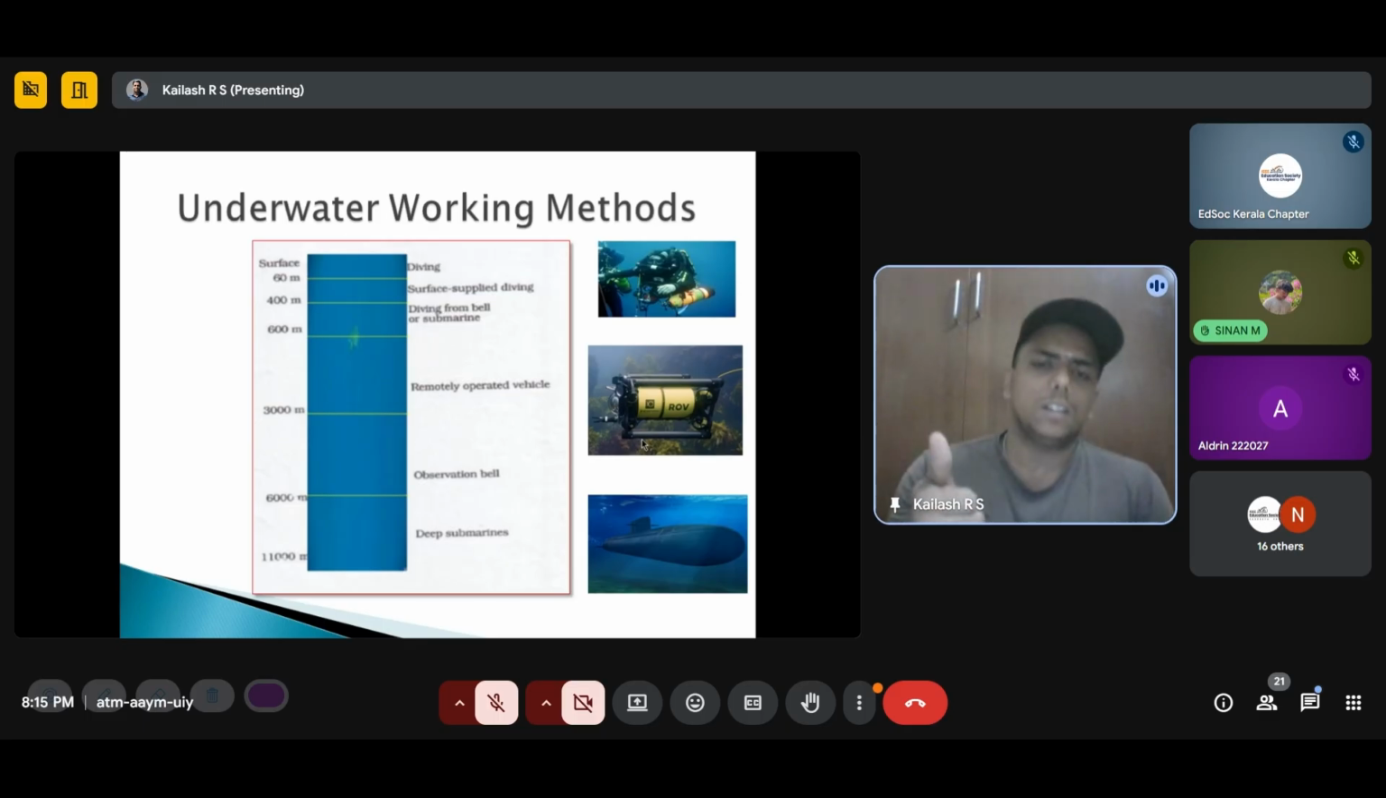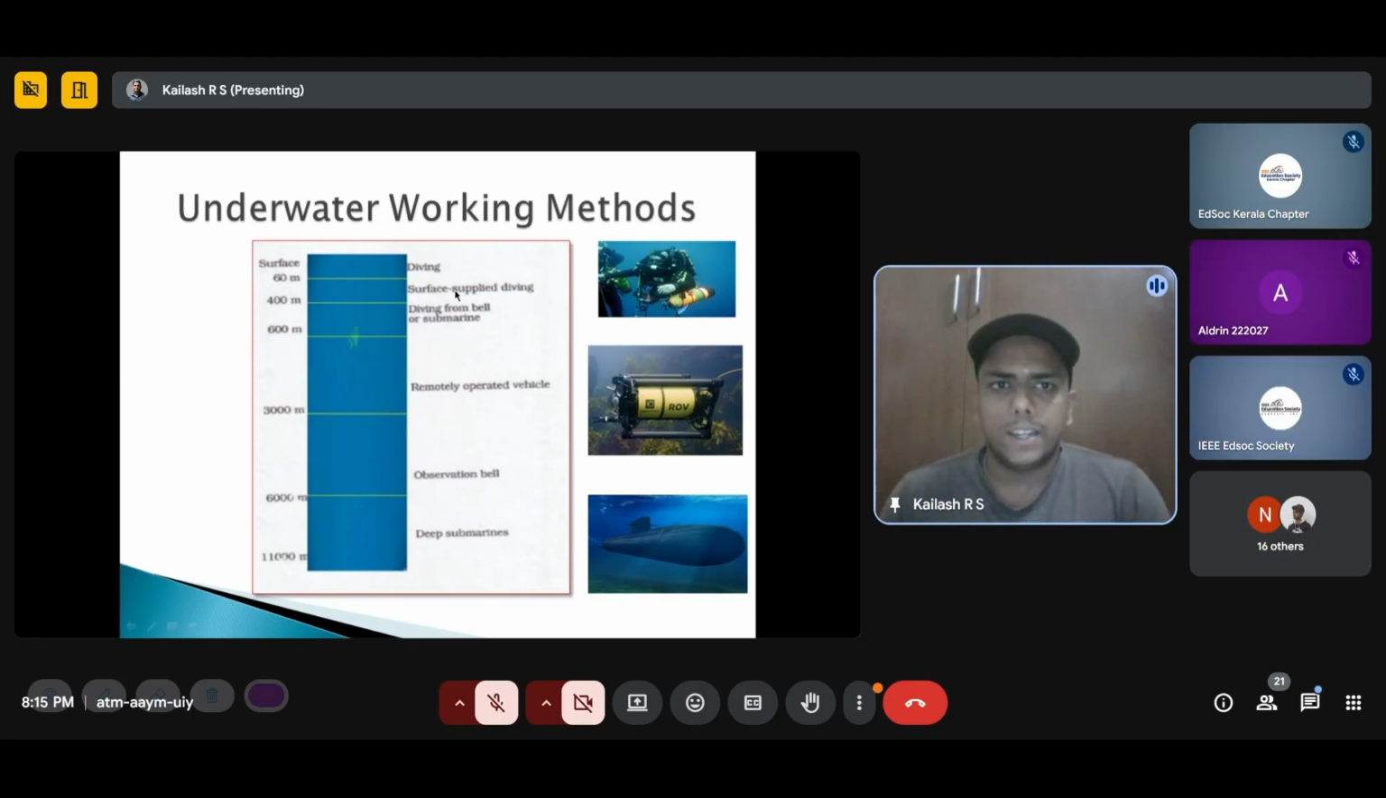So there is a rule of thumb that for each 10 meters, the pressure acting on a body or a system increases by 1 bar. So when you go deep, the pressure increases. Considering that aspect, the human body can only take up to 60 meters, that is, maximum 6 bar pressure. Until then only human divers go, with oxygen packs and other equipment. Then till 400 meters surface supply diving can go,